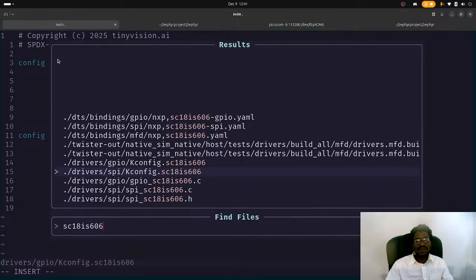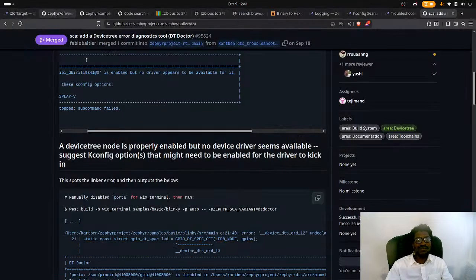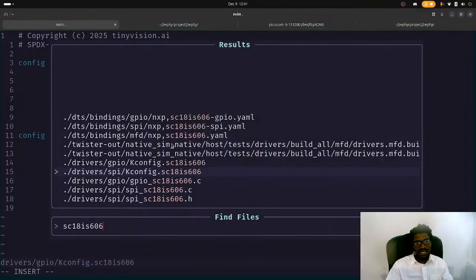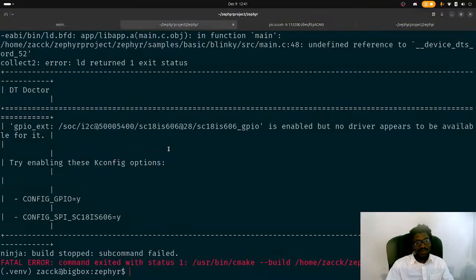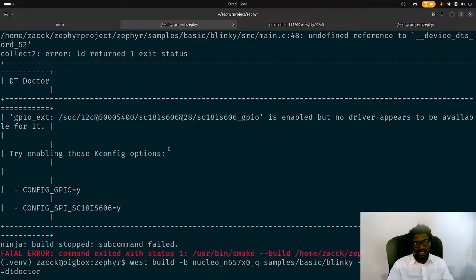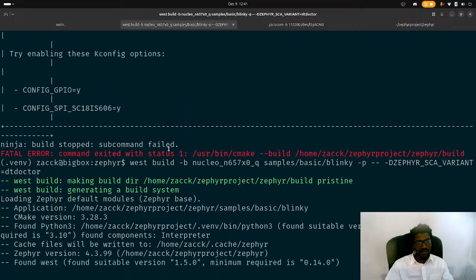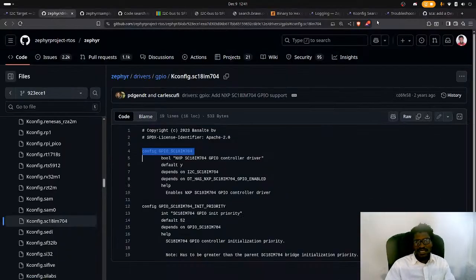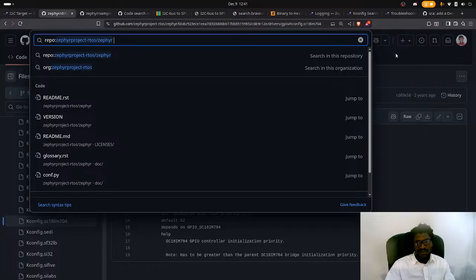Okay, SC18. Let's go to GitHub and see if we can actually find something. This is actually cool. Device Doctor is quite cool. So that's nice. In the meanwhile, why don't we build it and see? Well, let's use that and see. And while that's searching, let's go here and see if we can find